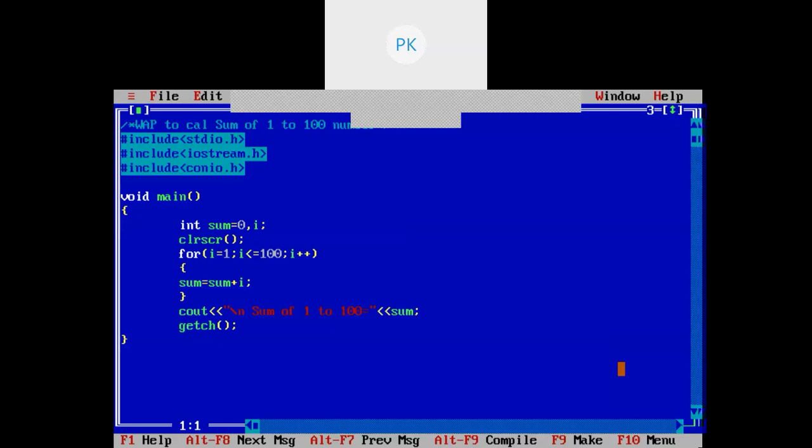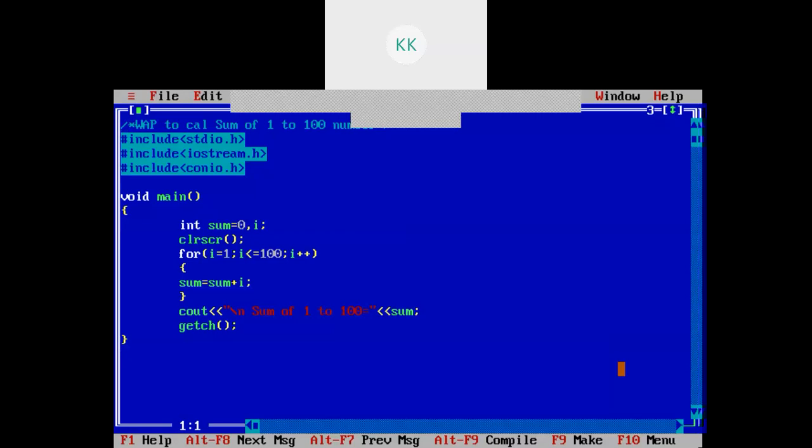But when you want some other type of programs, like where you want to calculate the sum of digits of a number, one number may have more than one digit: one digit, two digit, four digit, five digit. So in this case, we don't know definitely how many digits will be there in a particular number.